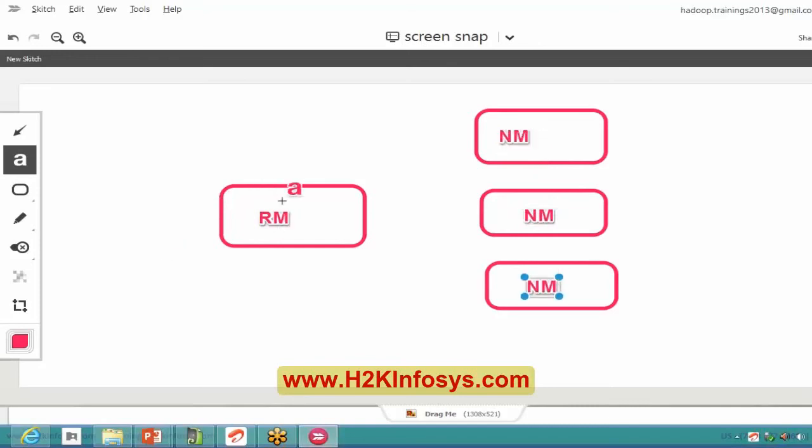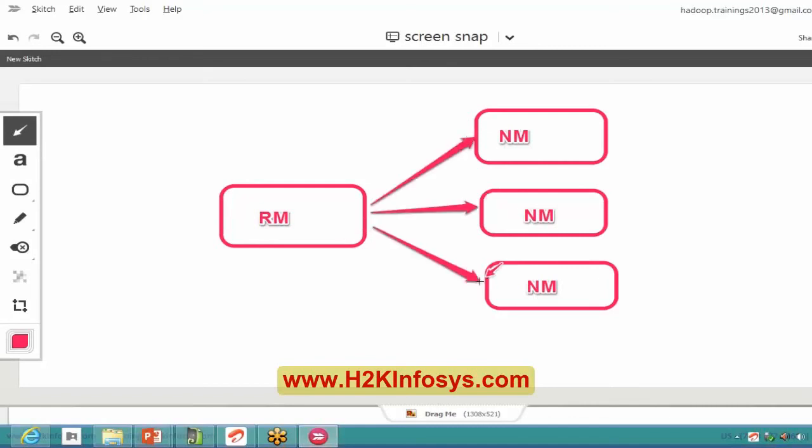Instead of job tracker, here I am having a guy called resource manager. Okay, the same functionality happens here also. Resource manager talks with node manager and node manager. But here the job tracker plus,